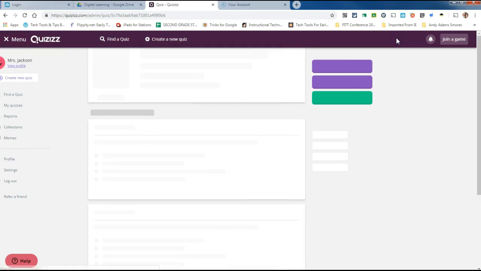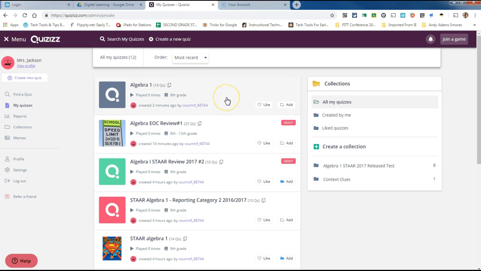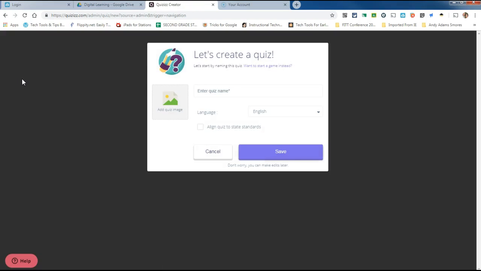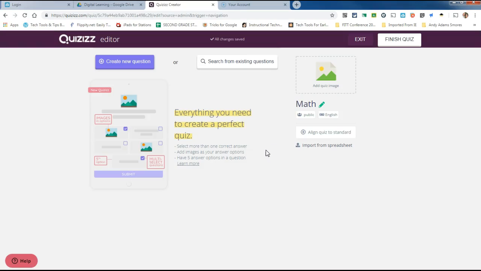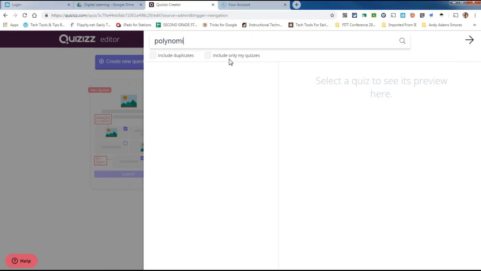So I'm just going to finish my quiz, and here it is in my Quizziz. You'll notice I have some that are drafts that I'm working on and other things. So maybe I want to start from scratch and I want to create a new quiz. I can enter a quiz name, and I'm just going to call it math because I'm just going to do some simple math stuff. I want my language to be in English. I'm going to save it. Now here I can start back from scratch and I can create new questions, or I could search from existing questions. So let's look up polynomials,